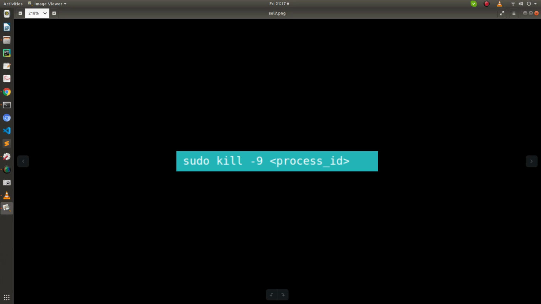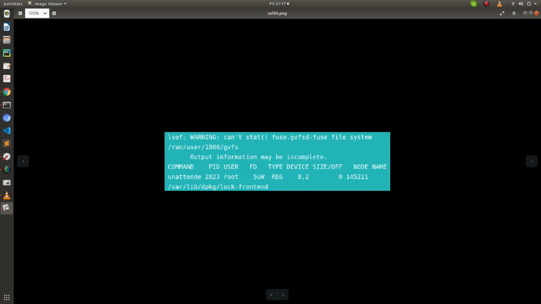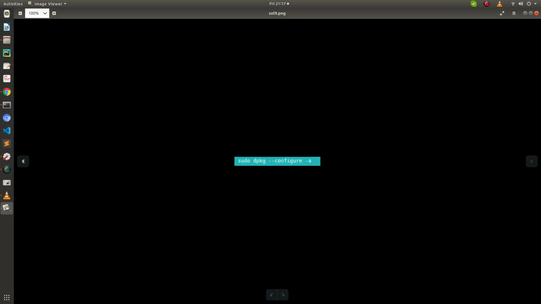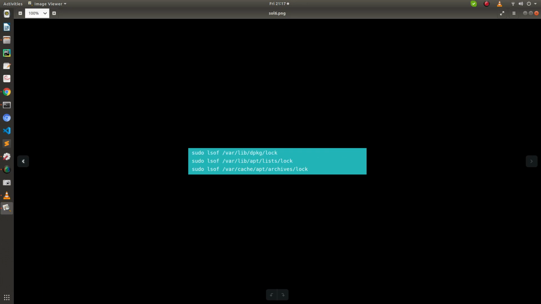So what is a PID? Again, let me show you. This will be the PID. Here 2823 is the PID. So you need to kill that process, and in order to kill that process, you'll write this particular command, and in place of PID, the process ID in these angle brackets, you just need to write the PID here and press enter, and it will be stopped. The process will be over.